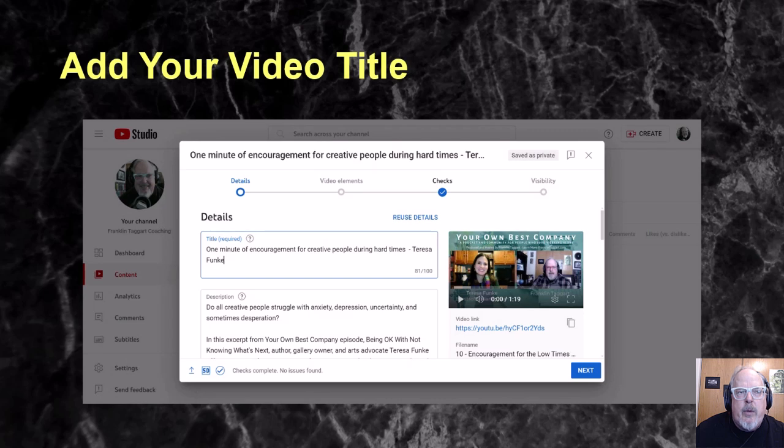In the Details window, first add your video title. Ideally, your title will be descriptive, enticing, and searchable. It also needs to be accurate and not misleading. Google and YouTube searches look at titles first when ranking search results. Using search keywords or popular questions as your title can give you an advantage for having your videos included in